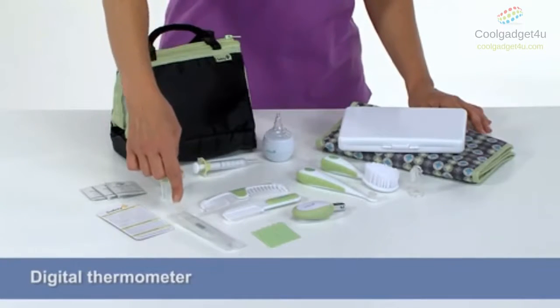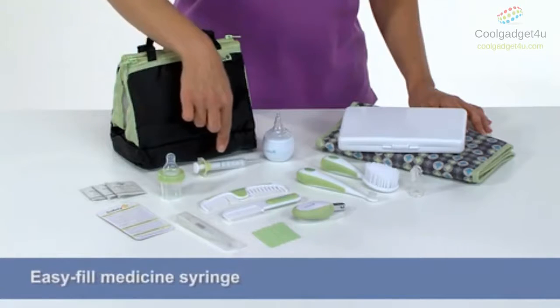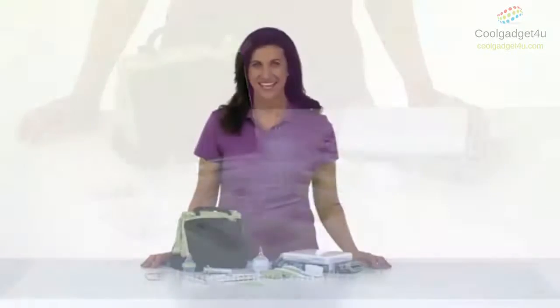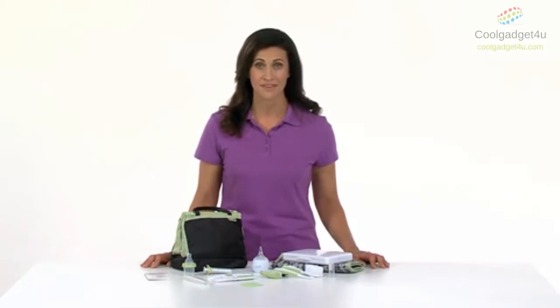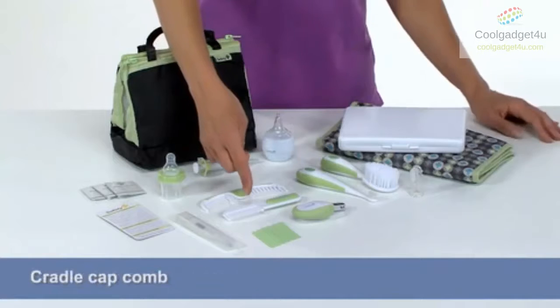That's where the digital thermometer, nasal aspirator, bottle-shaped medicine dispenser, easy-fill medicine syringe, alcohol wipes, and emergency contact card definitely come in handy. The syringe, aspirator, and medicine dispenser are all made of BPA-free materials to protect the tiniest, most sensitive infant. Keeping baby well groomed will be a cinch with the Easy Grip brush and comb set, cradle cap comb,